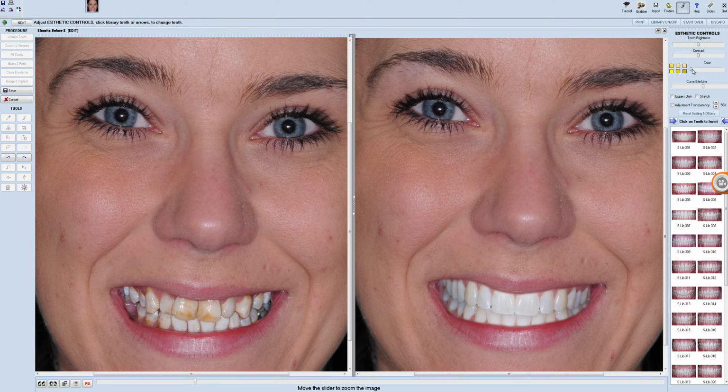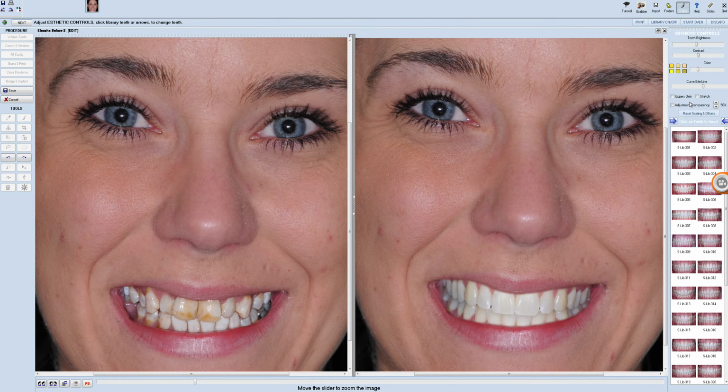So we're now going to look at the colour. So up here on the top right hand side, I've got the colour slider bar. You can move that along and you can see the yellow going into the smile. Okay, and the teeth brightness, we wanted to give a bright Hollywood smile, we can do that. Or obviously we can take it down and make it sort of a more natural smile. So discussing with the patient their expectations, you can make this a very powerful communication tool that patients